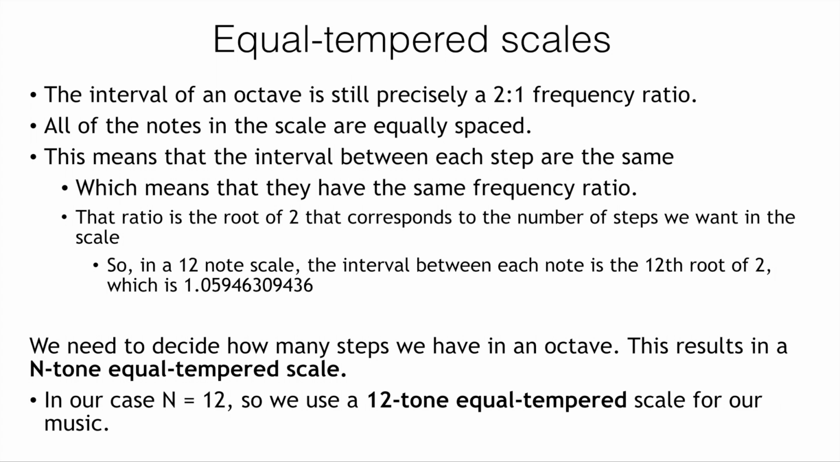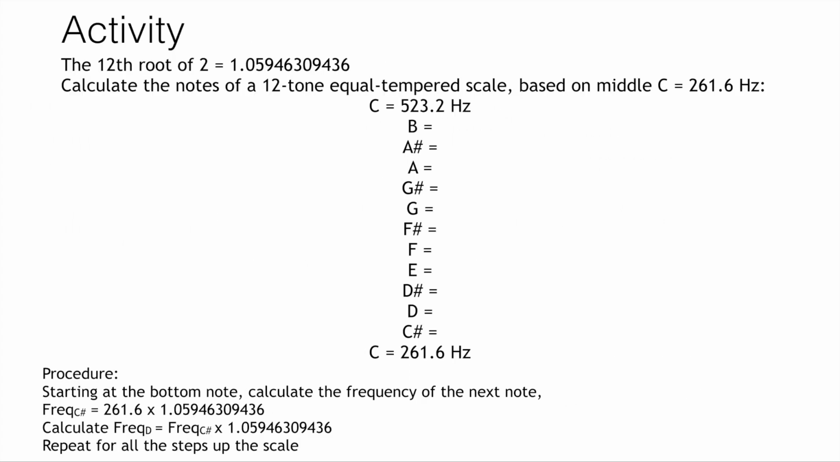We actually use a 12-note scale, so the interval between each note is the 12th root of 2, and that is a ratio of 1 to 1.059463094336. As an activity, we know the 12th root of 2 is 1.059463094336, so I would like you to calculate the frequencies of the chromatic scale, starting with C equaling